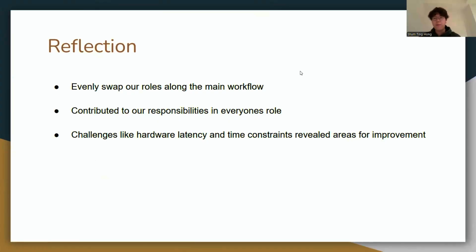We evenly swapped our roles along the main workflow, so all of us participated in dataset sourcing and annotation, setting up the VNC and making program adjustments, and observing gripper performance and modifying the gripper. This contributed to our responsibility in everyone's roles. We managed to maximize our